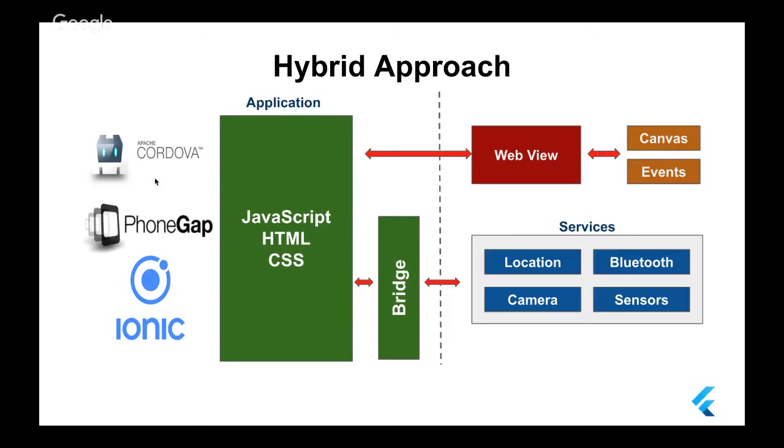There is an open source project called Apache Cordova. It said, why are you not allowing anyone who knows HTML, CSS, and JavaScript to build a mobile application? After that, Adobe acquired the PhoneGap startup and added more features for this approach. And there are a lot of frameworks that use the same approach, like Ionic, for example. How does this approach work? You are writing your code using HTML, CSS, JavaScript.